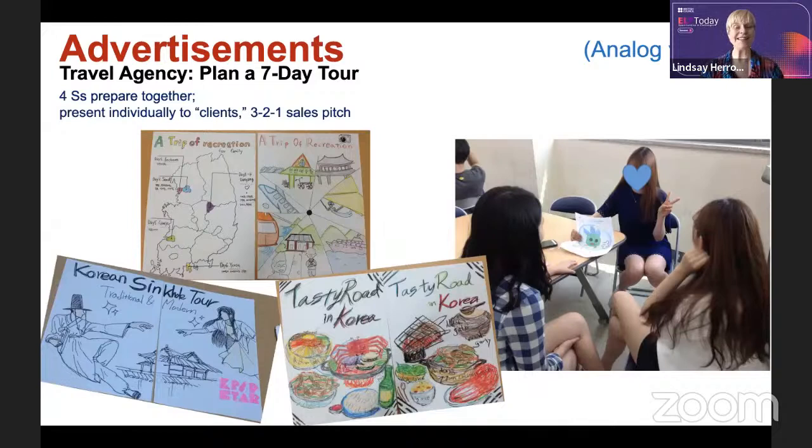that we've done in class is students plan a 7-day tour of Korea. In this case, we had 4 students prepare together. They had to plan all 7 days, make posters, and then write a quick sales pitch. Then the next day in class, so one day was preparing, the next day, the students split up. So 2 students from each group remained as the agents, the sales agents at their desk. And 2 students became customers,